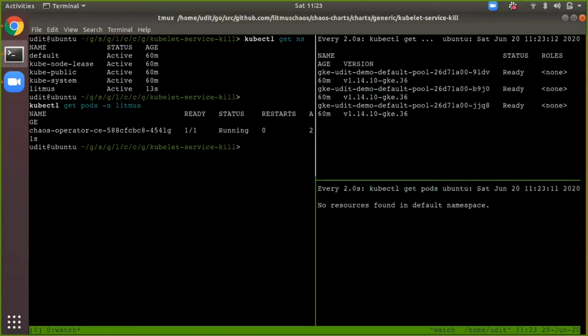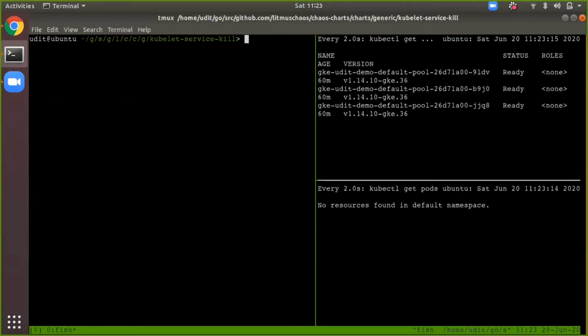Okay, right now there are no resources there. So we will create a sample application for this experiment, and I am going to deploy an Nginx application in the default namespace.